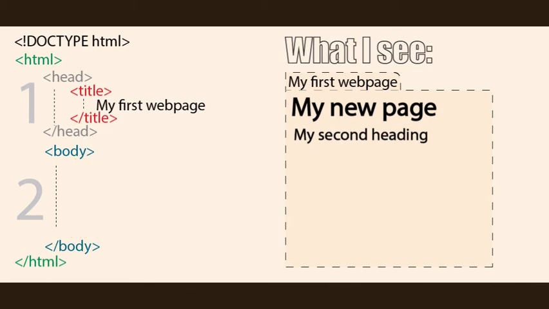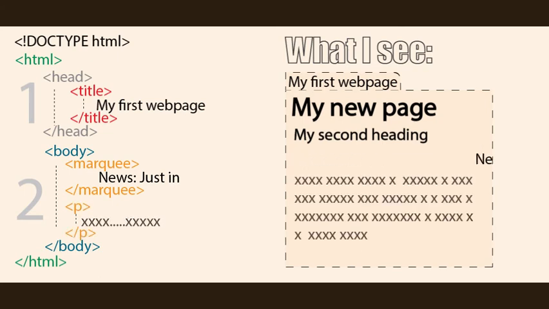Next, I'll place what's called a marquee, which, as you can see, is a moving bar of text running right to left on the screen. And finally, we'll use the paragraph tag P. Inside this, I can place a paragraph of text as shown. So that just gives you a rundown of some example code we can use to write a very basic web